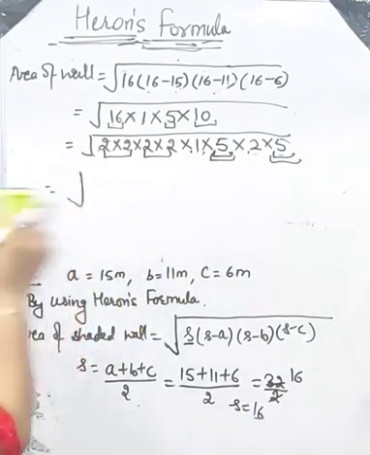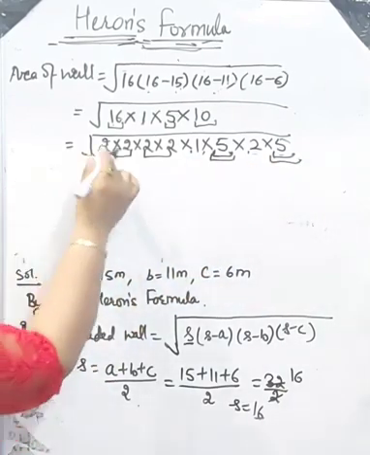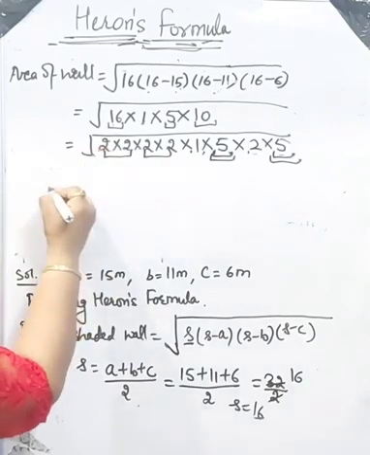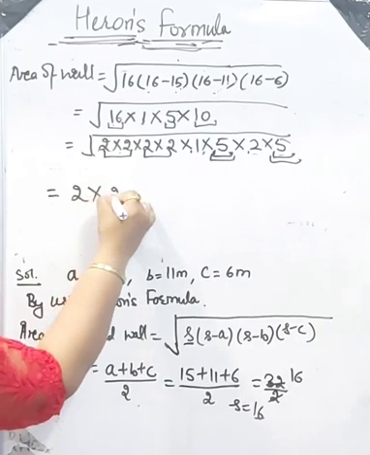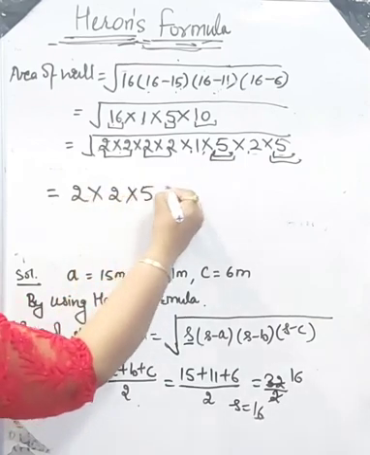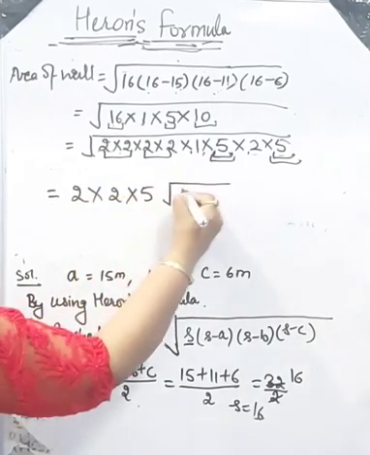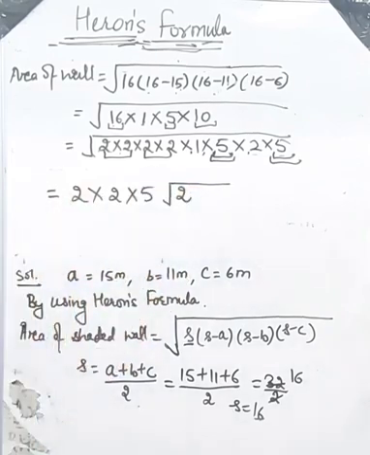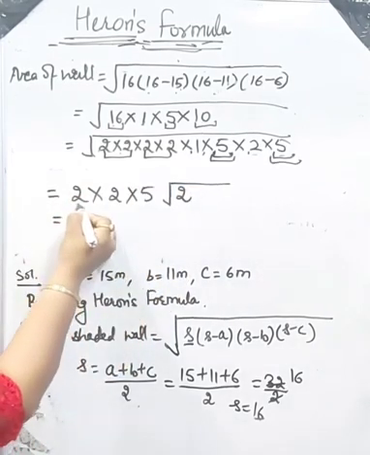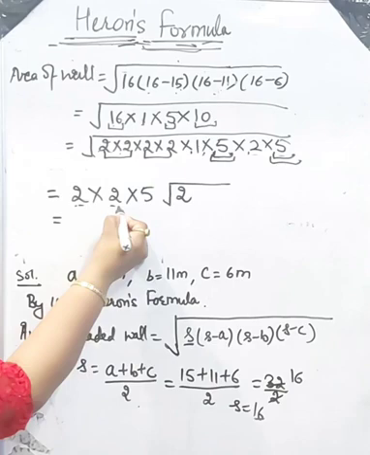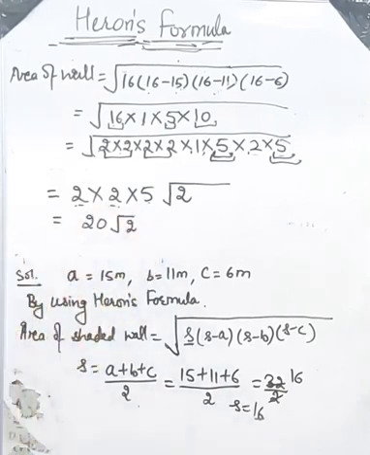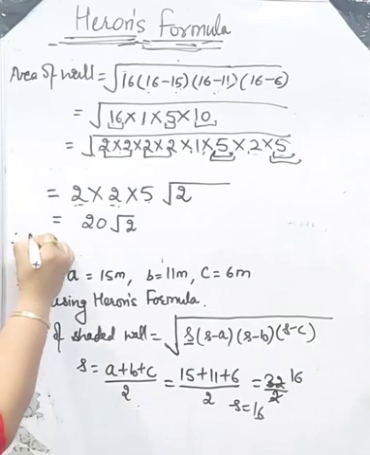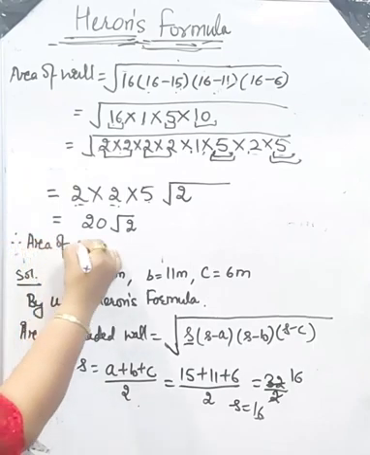Now to find its square root, we have to bring one number from each pair outside the square root. 2 into 2 into 5. And one number is left inside the square root. Now again multiply these numbers. 2 2s are 4, 4 5s are 20. 20 square root 2. Therefore, area of shaded wall equal to